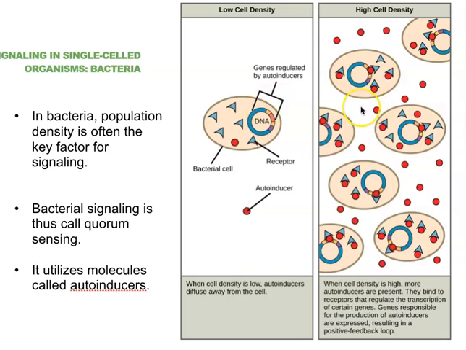And then when you actually go look at populations of high cell density, these molecules then change the transcription and translation rates inside of that large number of bacteria. And one way to think about this is